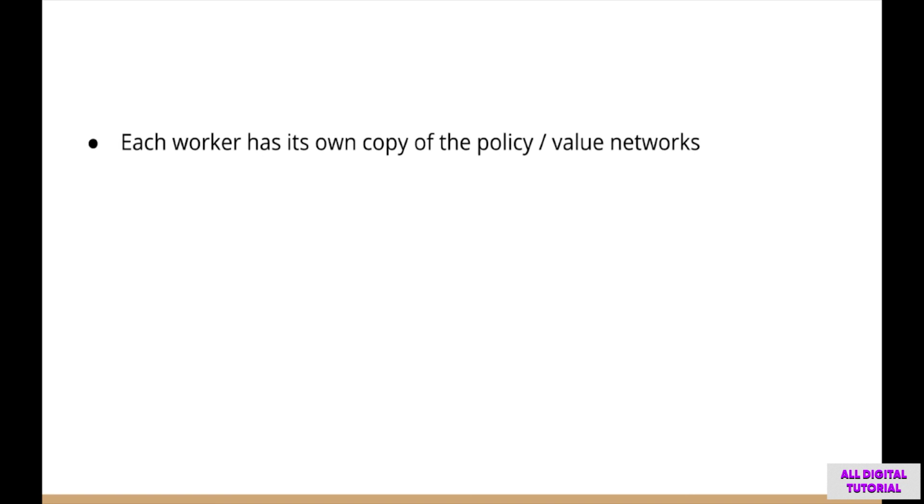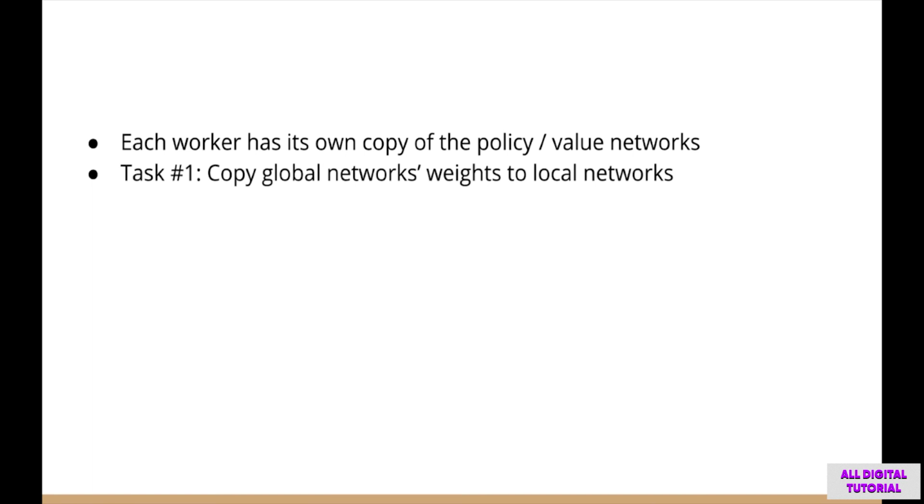To begin this lecture, I want to first discuss what this file is supposed to do at a high level before jumping into the code. This is going to help you anticipate everything we see in this pretty long lecture. Remember that the worker is what runs in the thread, so there are going to be multiple workers running in parallel. We know that each worker has to have its own version of the policy and value networks, and therefore the worker has to be able to copy the current weights from the global networks over to its local networks. So we're going to have some kind of function that copies the weights from the master policy and value networks over to the worker's version of those networks.